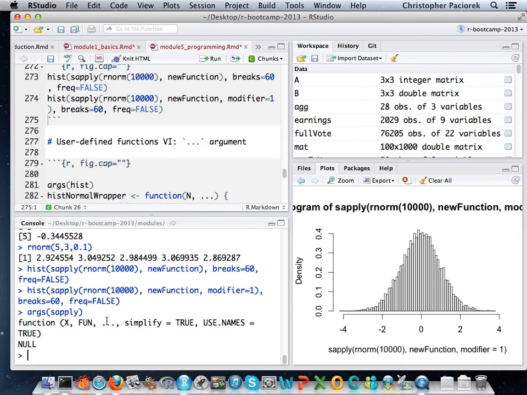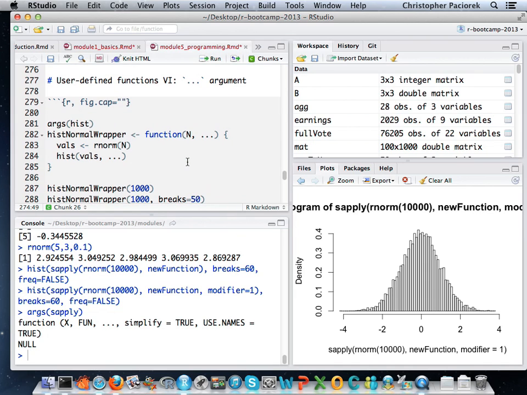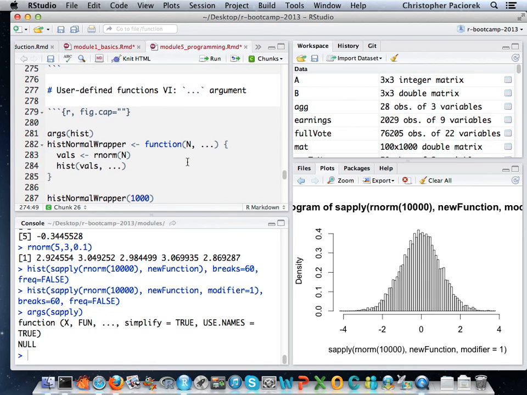The way that this dot, dot, dot is typically used is if you pass extra arguments into sapply, those dot, dot, dot arguments will be passed through to the function that you're calling sapply on, that you're applying to this list of values. And that's how sapply does it. Of course, we can do the same thing. We can write a function that has these dot, dot, dots. One context in which you would use this is to pass graphical options.